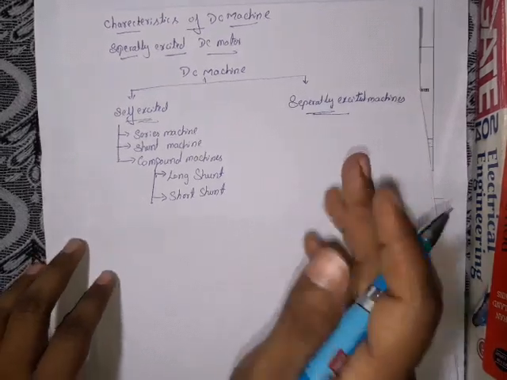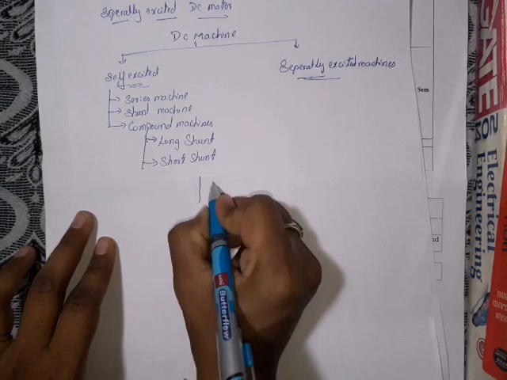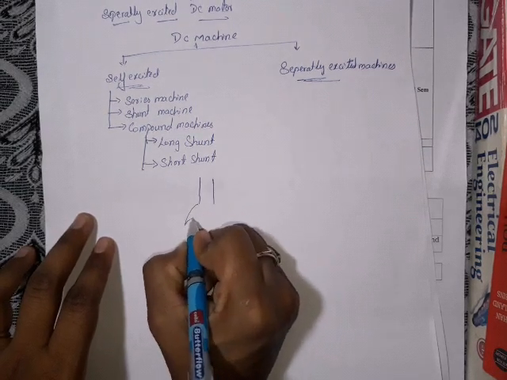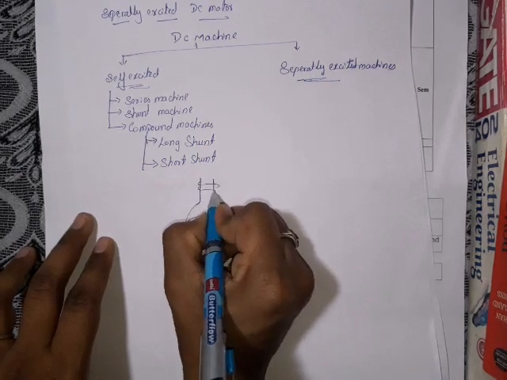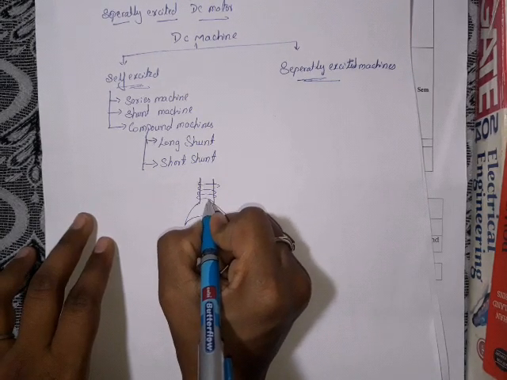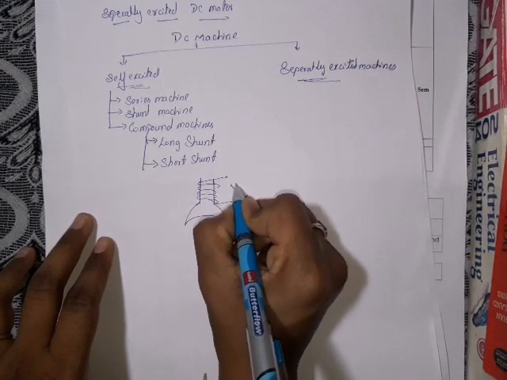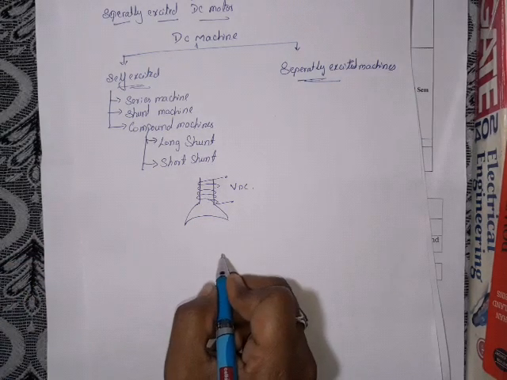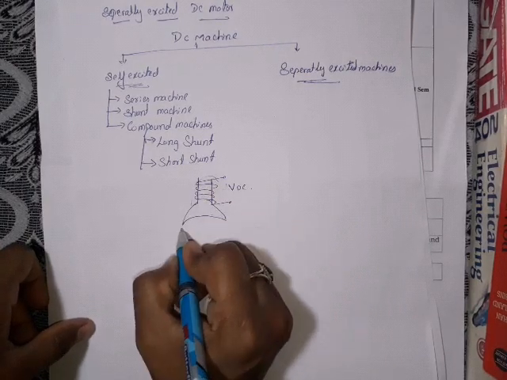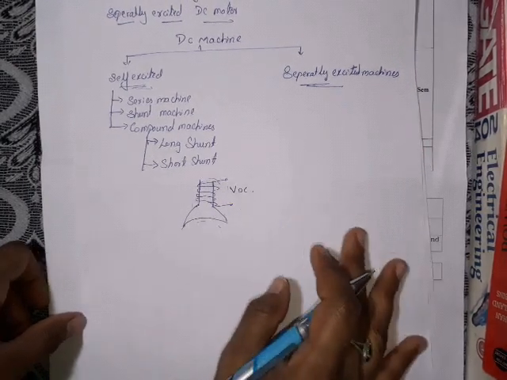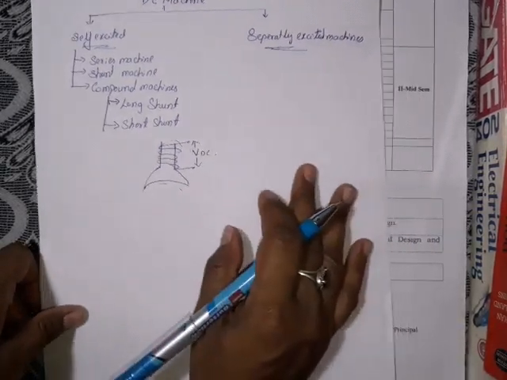So self-excited means, while studying the construction and working of DC machine, we were discussing about poles. So this is pole, right? So here we have pole windings, that is nothing but field windings, and these field windings are excited from the DC supply. Why is it excited from the DC supply? To produce the magnetic flux in the entire air gap of the machine. Okay, so where are we applying this voltage?